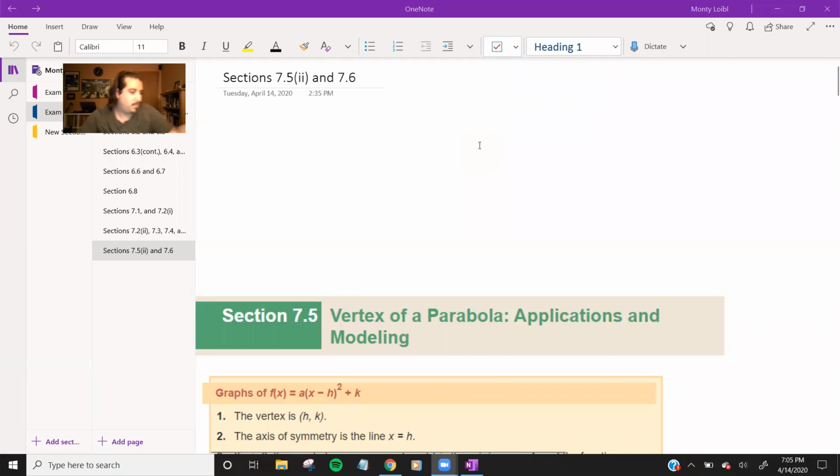Okay, so today we're going to be covering the rest of 7.5, which deals with graphing, and then 7.6, which is dealing with inequalities. So that is the goal for today. Keep in mind that our exam